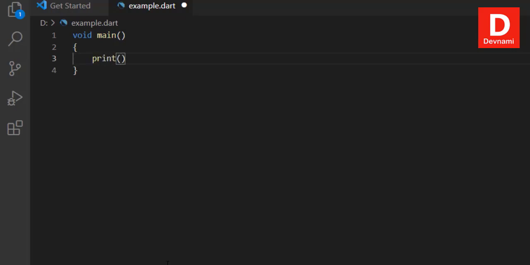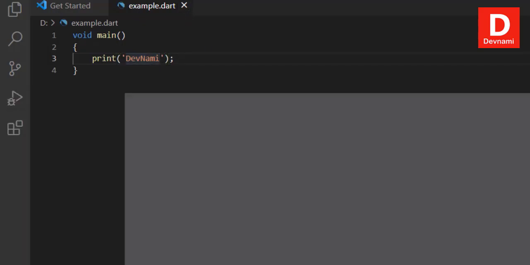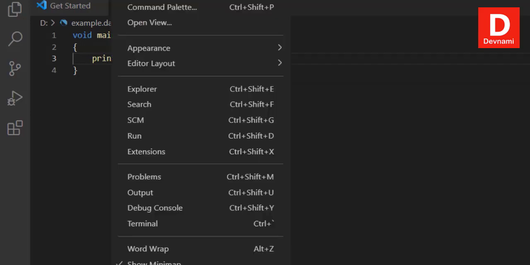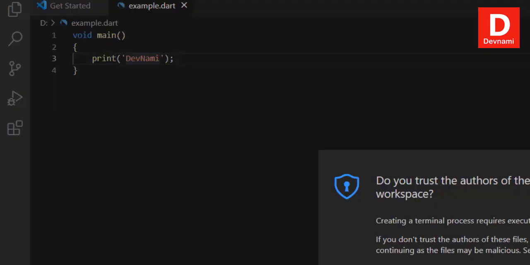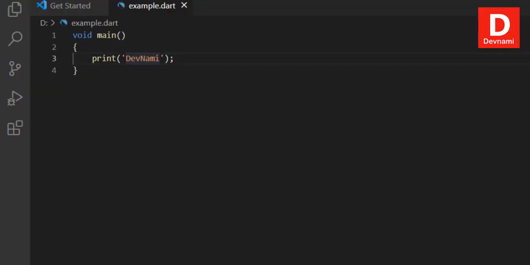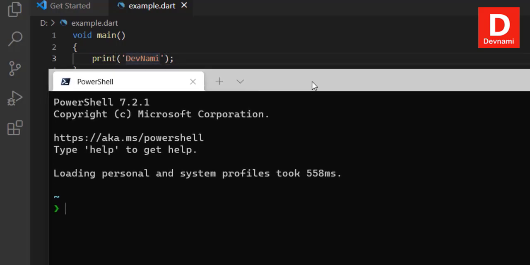So let's say if I use a print statement, it should output this particular word on screen. So we have saved example.dart. To run this, what we will do is we'll open terminal. You can also open one from view and terminal. That should open the terminal within Visual Studio Code. So what I will do is, instead I will go for external one,